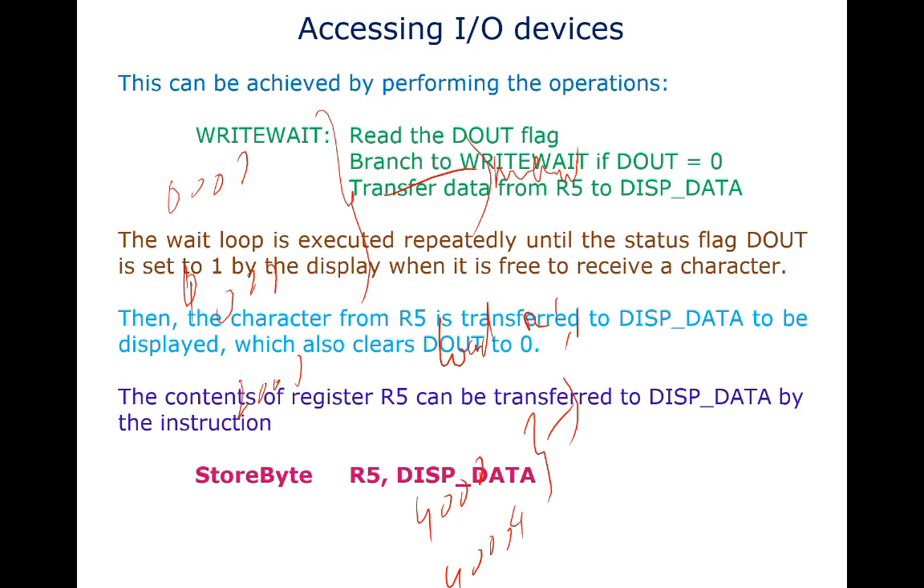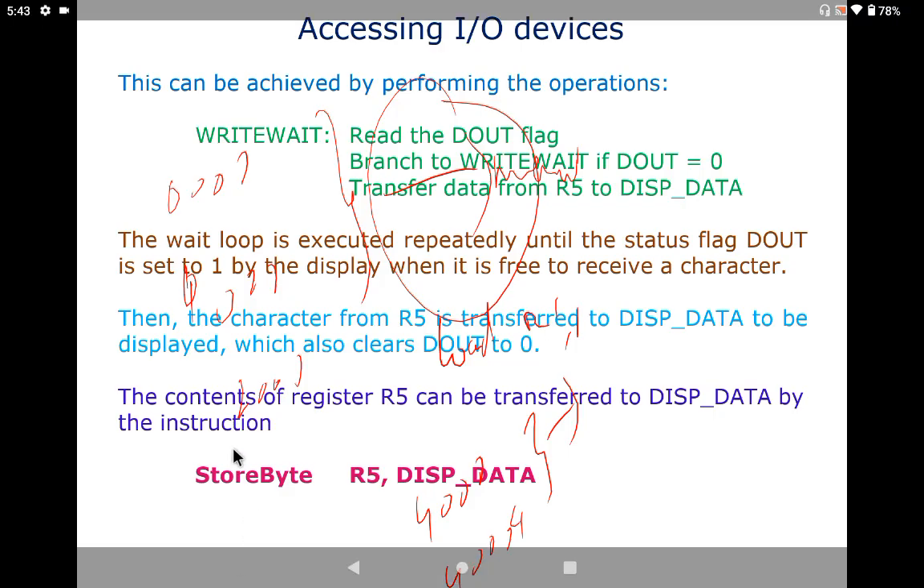With respect to this read of the data out flag, it will automatically branch to the top, write wait, if DOUT is equal to 0, and transfers R5 to display data. So the register R5, which has some data values, is what we need to display, and that will be stored in the display data output. So the next thing which we need to clearly